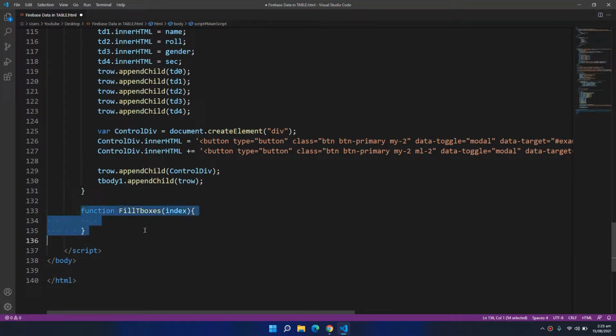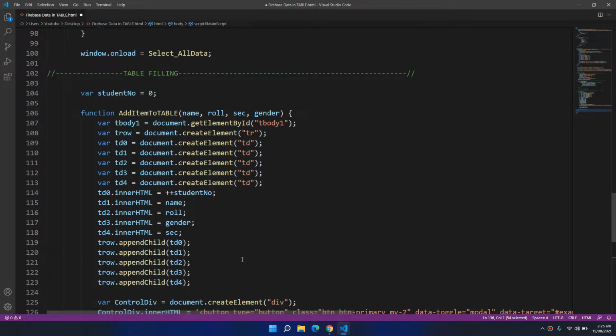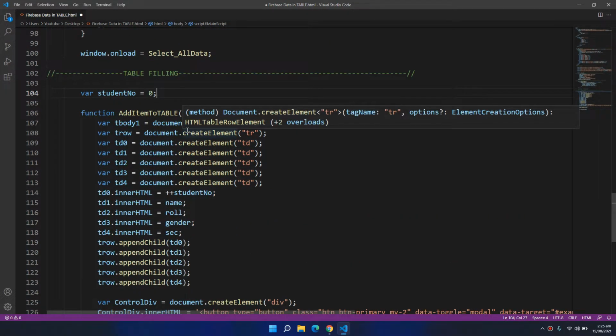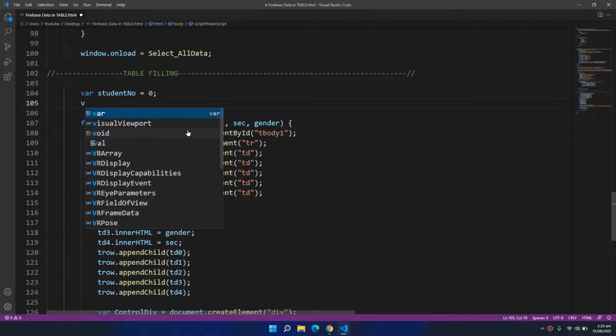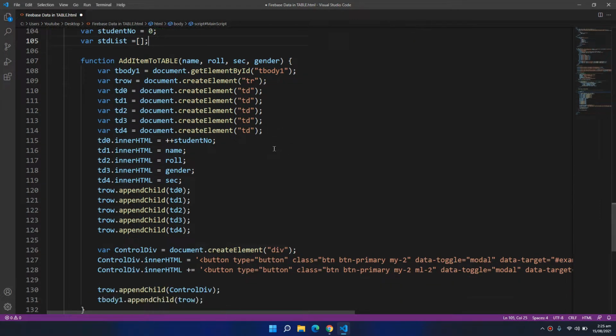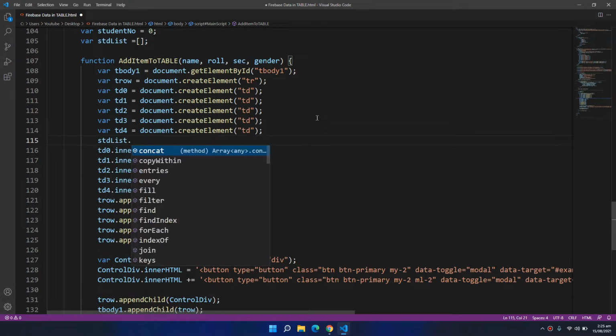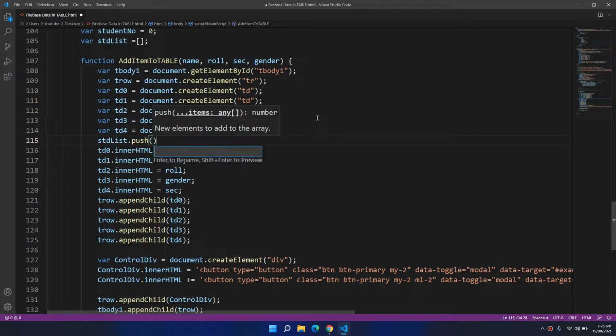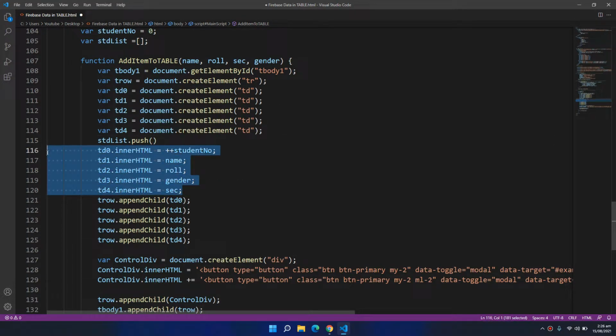And there is a reason that I am calling this index. Before creating this function, I need to create an array over here, student list, and inside the add items, when adding the data to the table, I am also gonna push the data into this array.